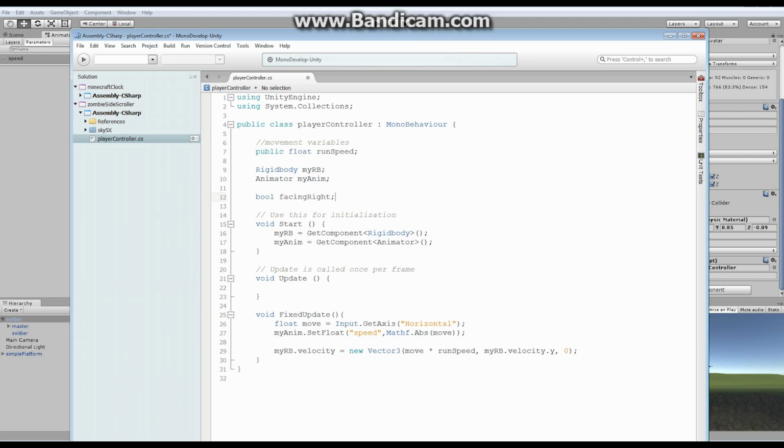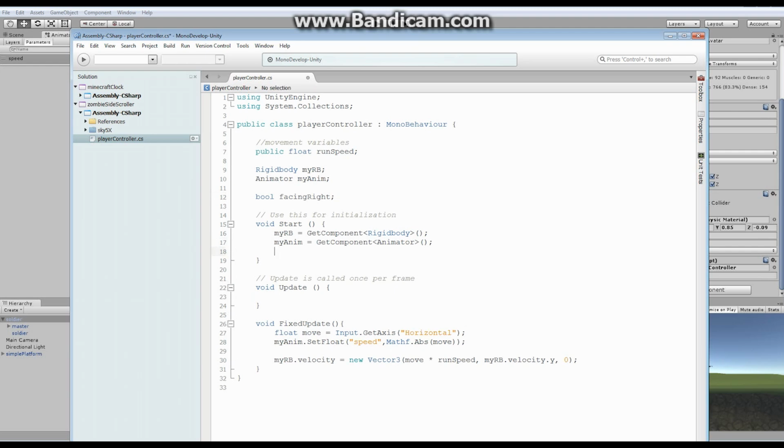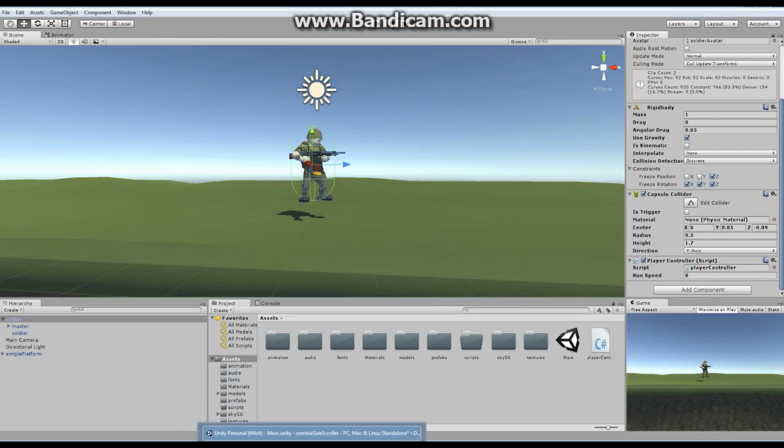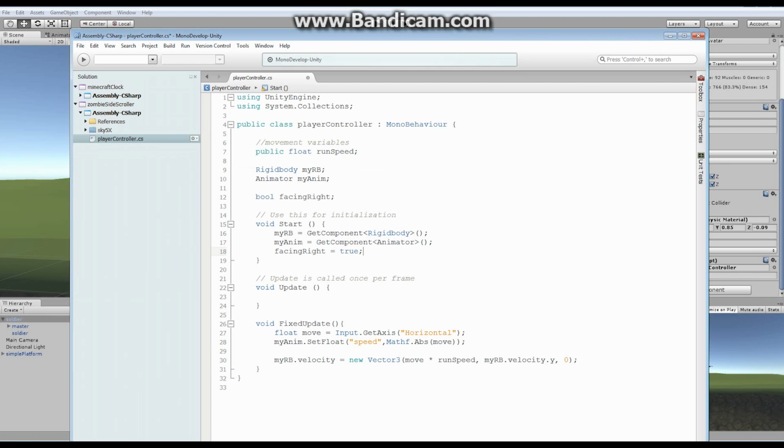All right, we're going to start off right away by stating that our facingRight is equal to true. When we start off the game, facingRight is equal to true. We know that because we set up our character to be facing right to start off with. All right, so with that in place, facingRight is going to start off as true. Now, there are two conditions that we will want to change facingRight. We'll want to flip our look in one of two situations. If, well, let's actually put them in right here right away. If